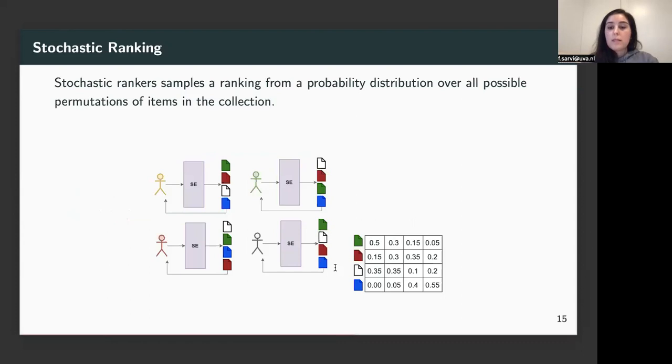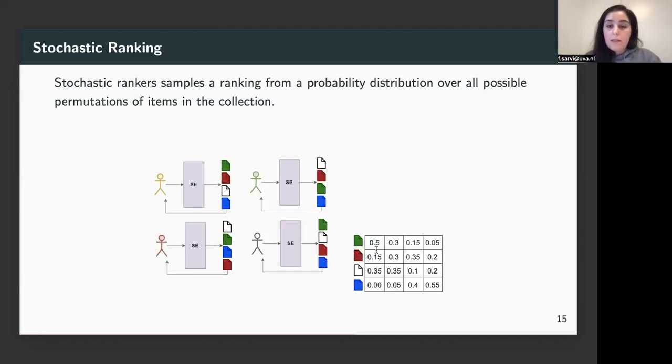So we need a matrix like this, showing the probability of putting each item at each of the positions. And each time the user searches for the same query, they will see different rankings of the same set of items. And one other thing about this matrix is that it needs to be doubly stochastic, because